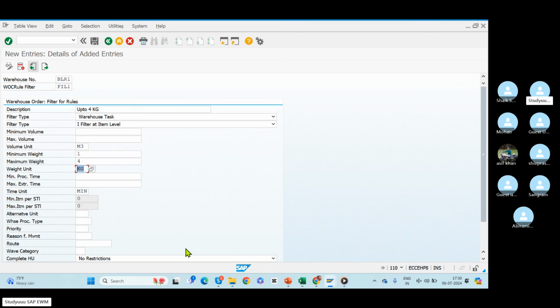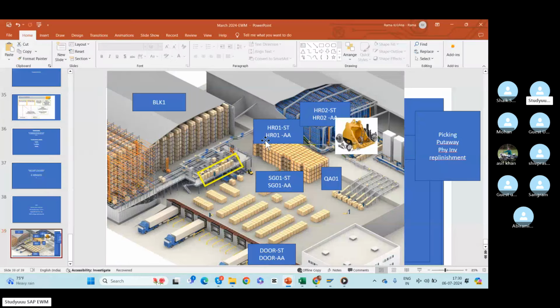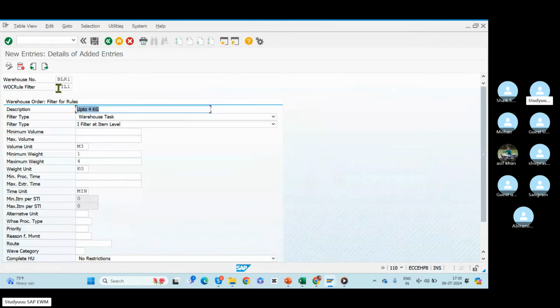This filter one is just for up to 4 kg only. If anyone is trying to pick less than 4 kg of goods, if anyone is capable of picking in my warehouse, if the stock is anywhere, on these high racks or anywhere, if the system is trying to create a warehouse task, the movement can be from here to here or here to here, doesn't matter. The moment the material is less than 4 kg, in this case the box weight is less than 4 kg, system automatically triggers this filter. Through this filter, system